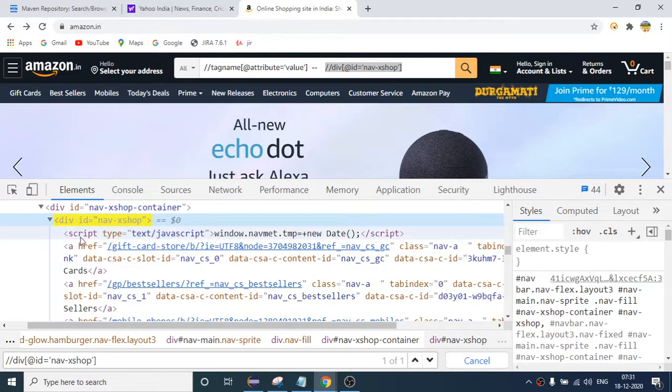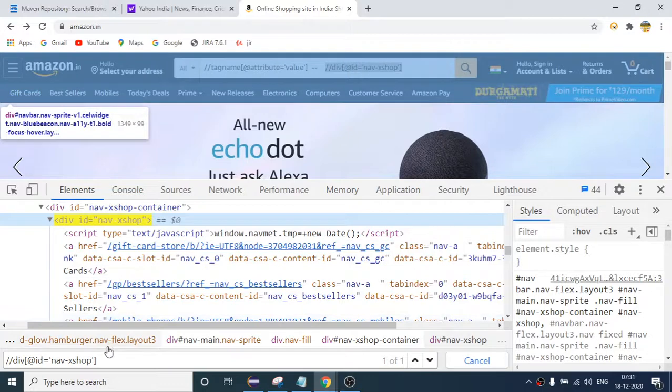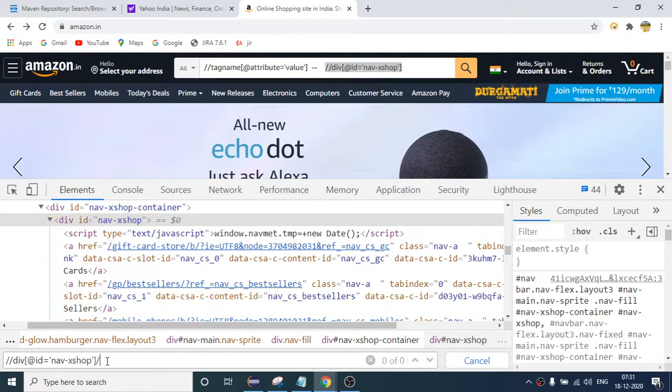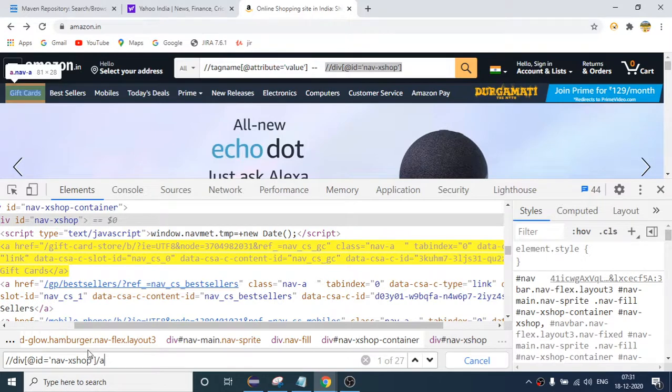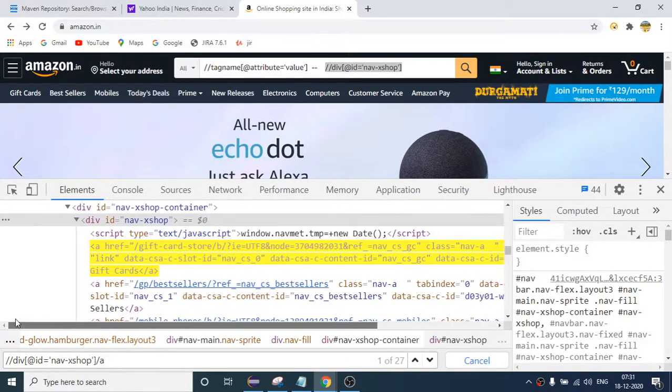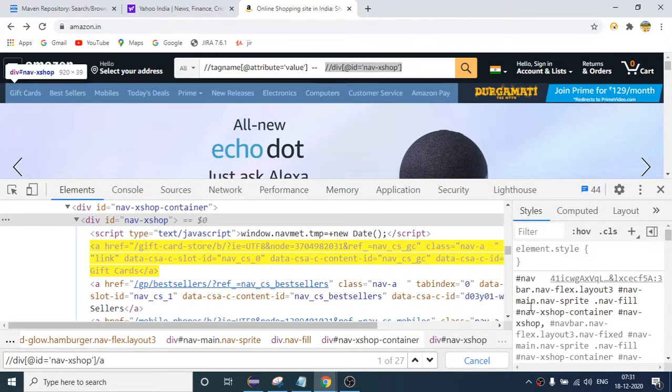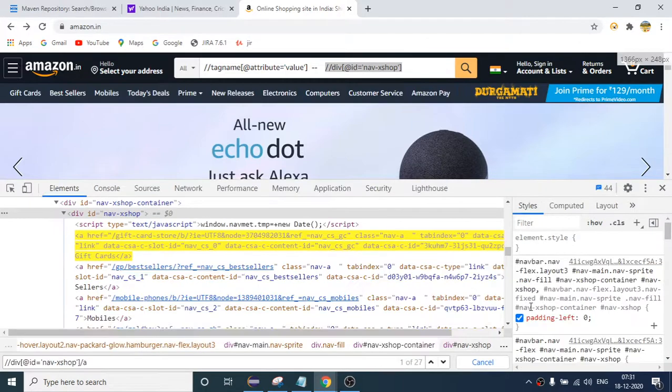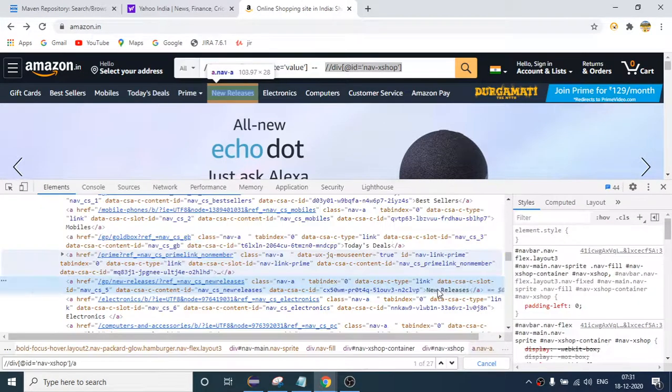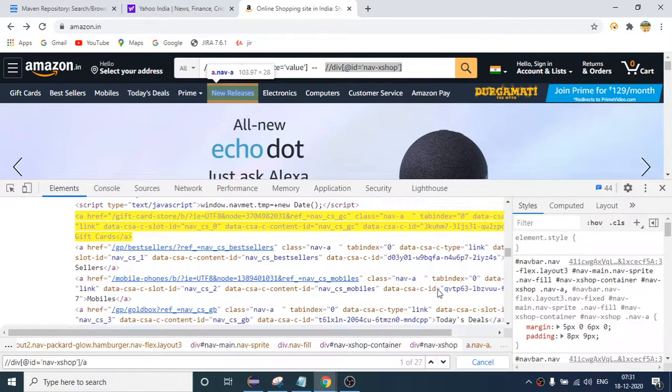So from parent to child, how can you navigate in XPath? You have to provide a slash, which means I want to go to the children. What is the children tag? The children tag is a, so I can say a. But when I say slash a, there are multiple children, right?